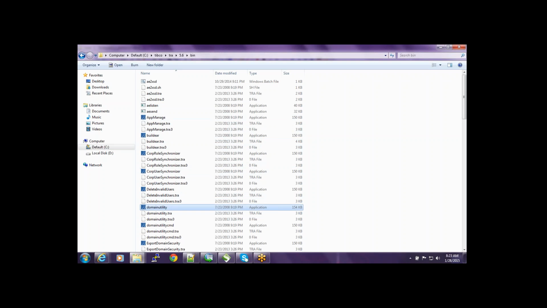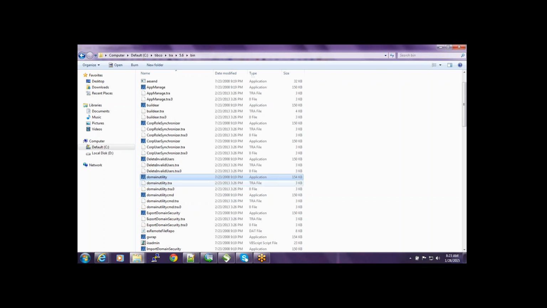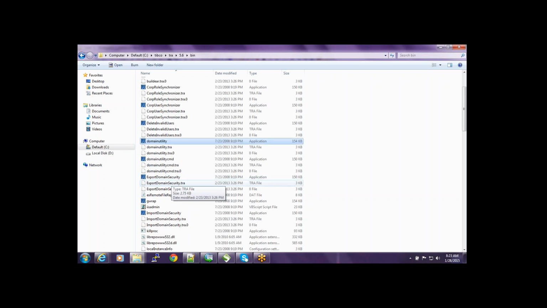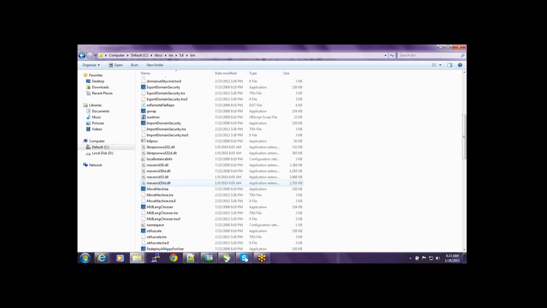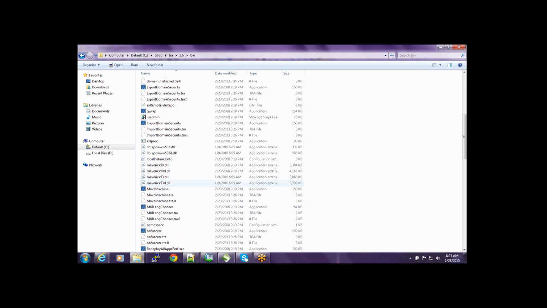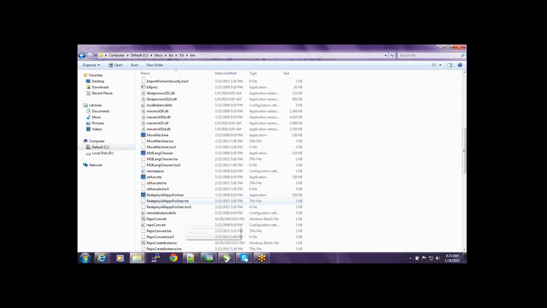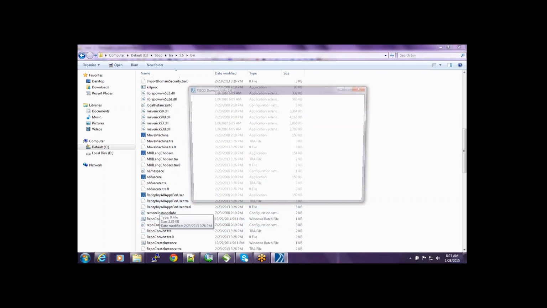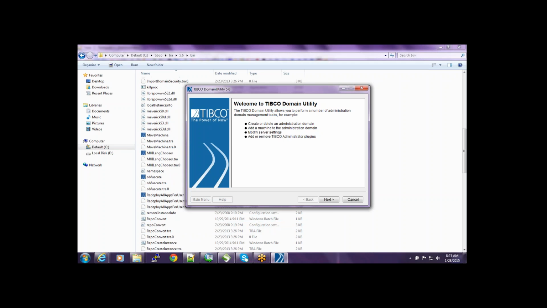Nice. So I told you about the domain utility, right? So this is the domain utility. You can just trigger this. You need to double click on it, you open the domain utility, and you can do all these functionalities. Inside this domain utility, we'll use some of these applications. You can see some of the applications will be there. When you see the domain utility, you can see what tasks you can perform: